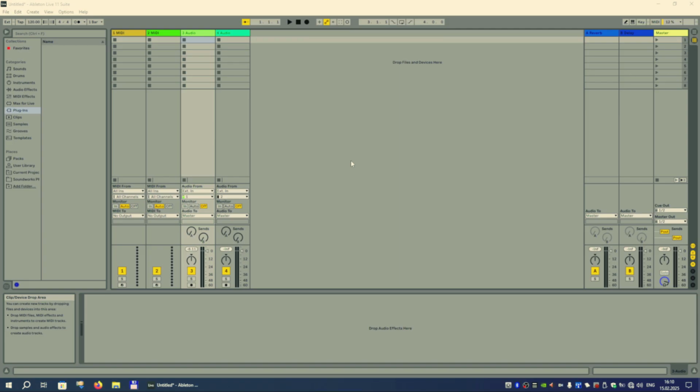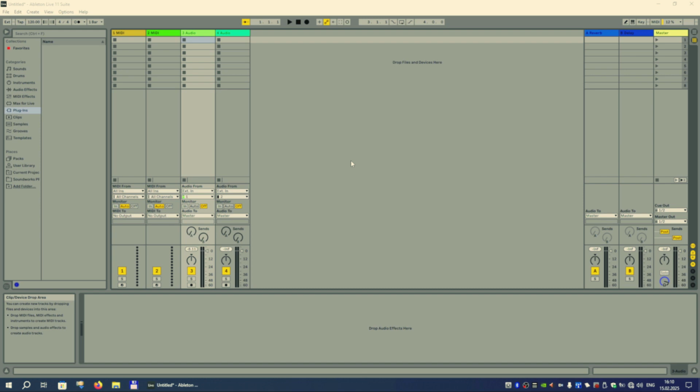Even if you don't have them yet, eventually you will need dedicated folders for all your samples, presets, projects, templates and whatnot. So it is a good idea to create these folders early on so that they naturally embed into your workflow. And with the help of Ableton Live's browser, you can always have them at hand.